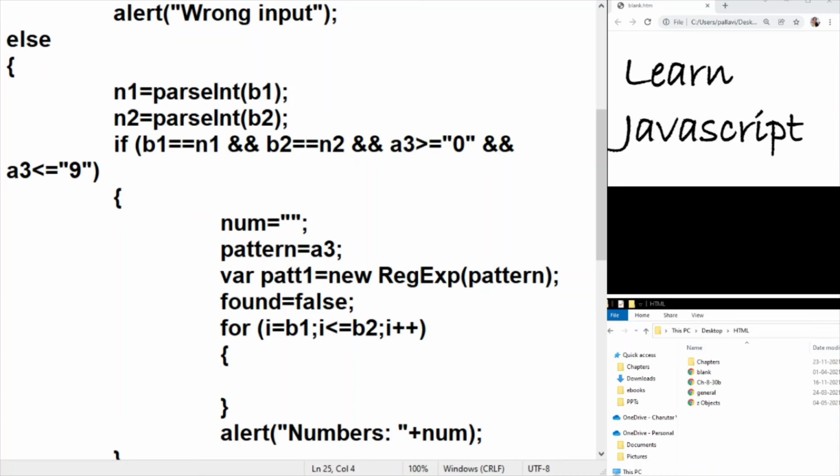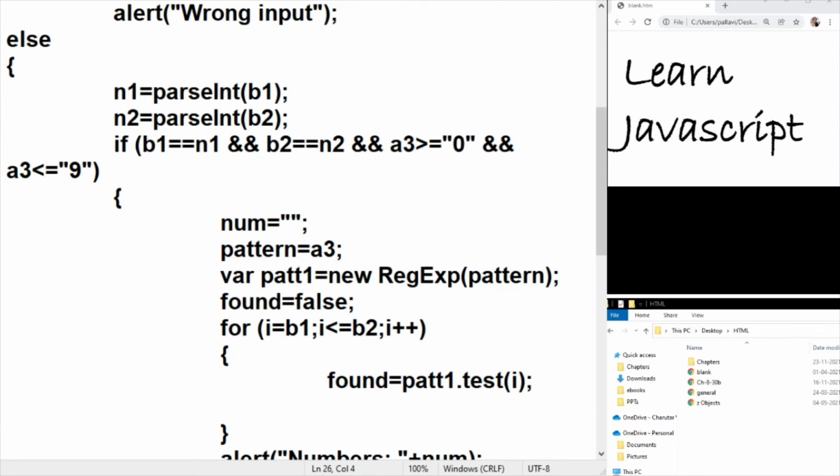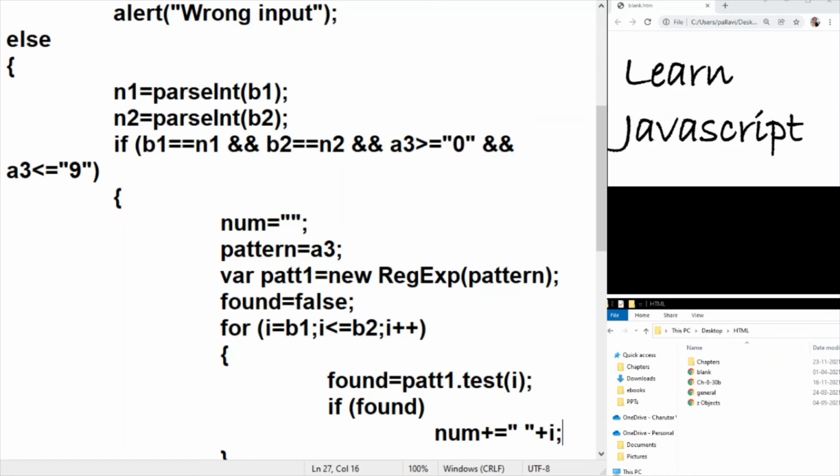So we are going to use found, and we will now use the pattern testing operator. On the pattern which is there in pat1, I'm going to test it against the number which is stored in i. So found should contain a true or a false. We will just check if it is found, then I'm going to simply concatenate it with a space and then the value of i. So this is the logic.